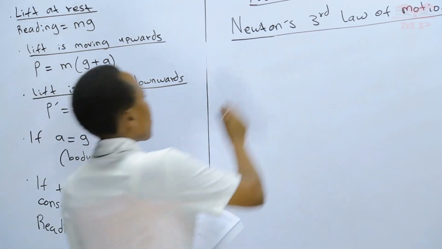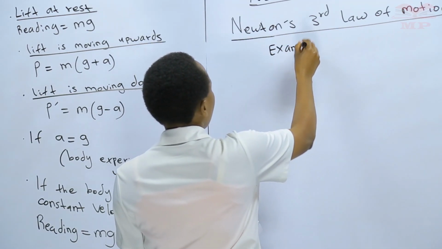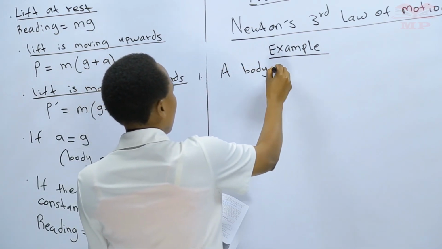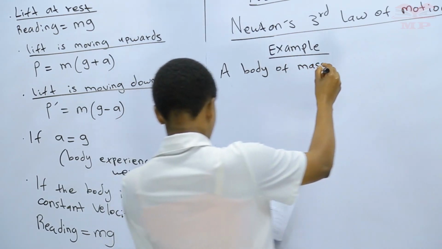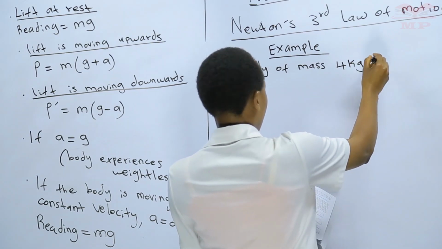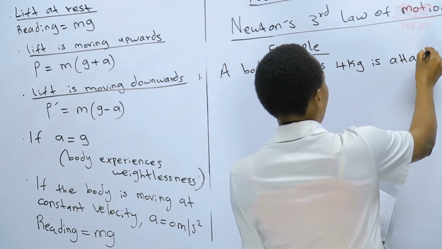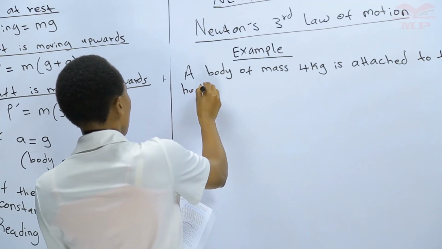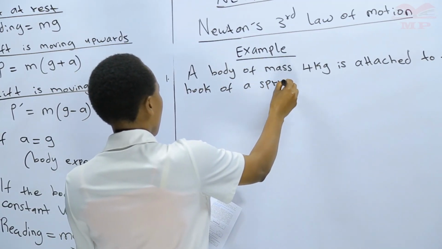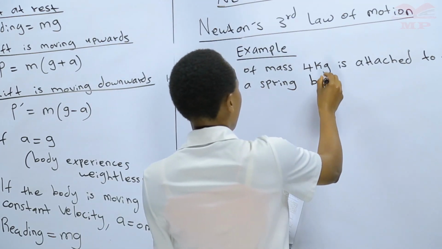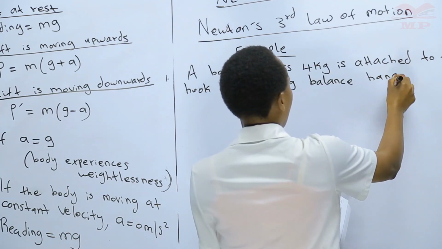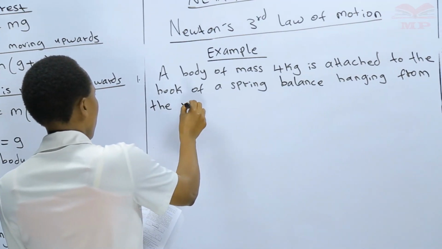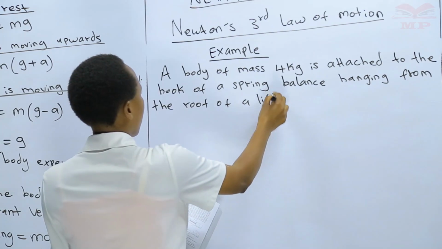So, example number 1: a body of mass 4 kilograms is attached to the hook of a spring balance hanging from the roof of a lift, and